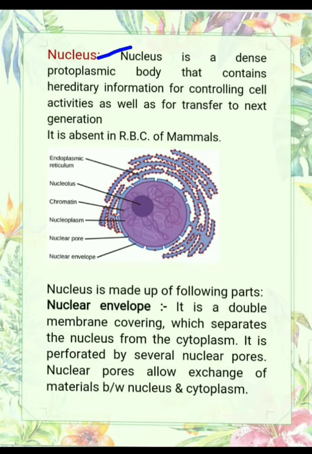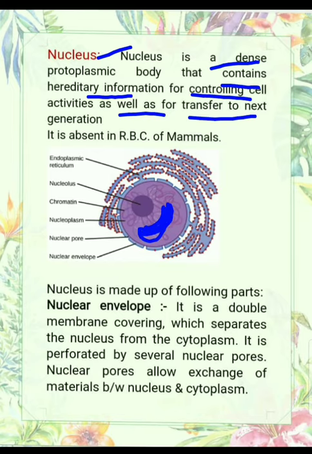Actually, the nucleus is a dense protoplasmic body that contains hereditary information for controlling cell activities as well as for the transfer to the next generation. Means the nucleus is a dense body that contains hereditary information, or you can say chromatin material, which is present here. You can call it chromosomes also, for controlling cell activities. They control all the activities of the cell, and this helps in the transfer of characters from parents to their offsprings. Means the characters which are passed on from parents to their offsprings are due to this hereditary information or this